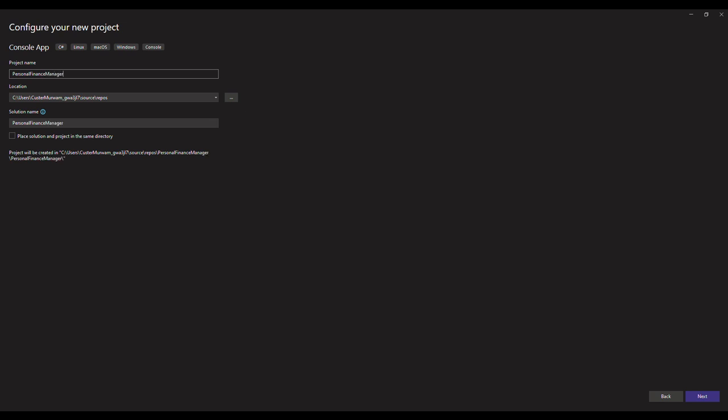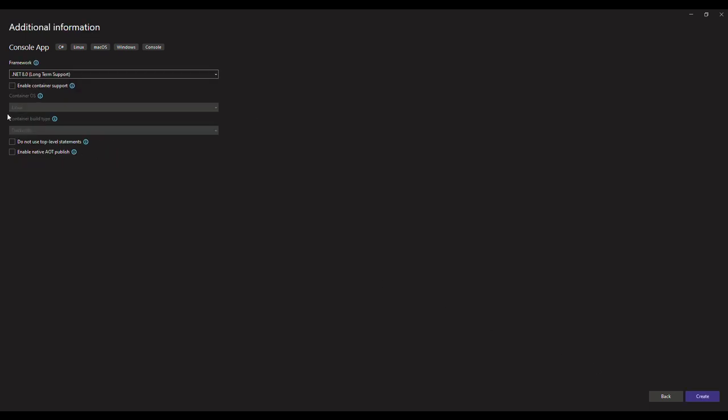So then this is the name of our application, and then you're going to hit next. And the framework that you need to target is .NET 8.0 long-term support if you're running on the latest .NET, and you just hit next